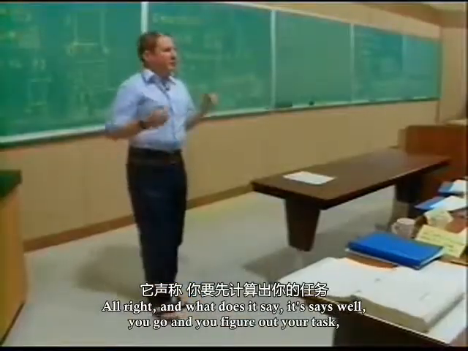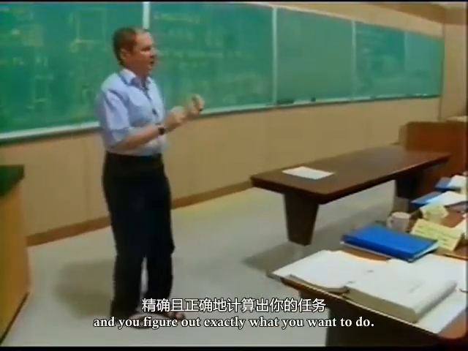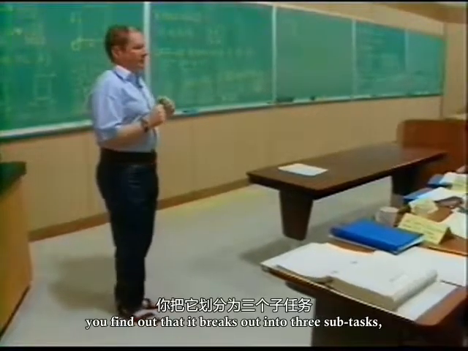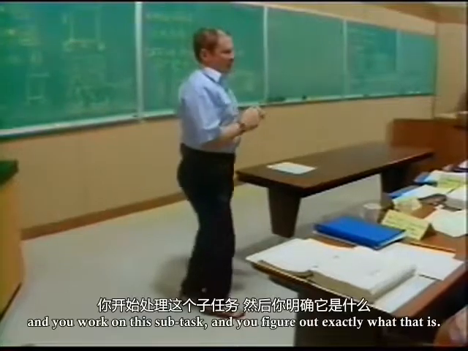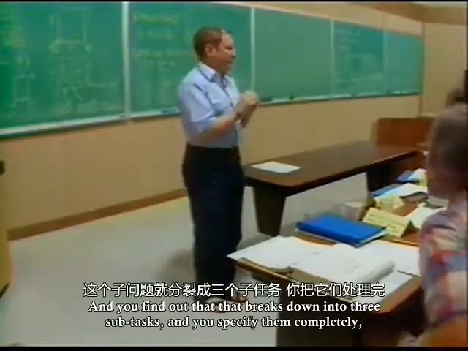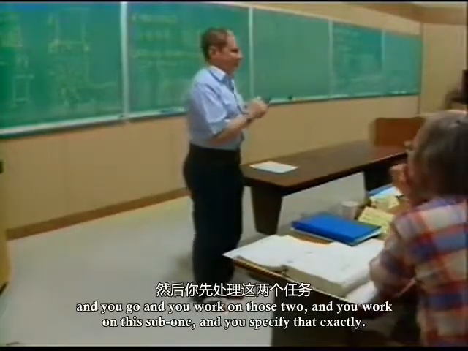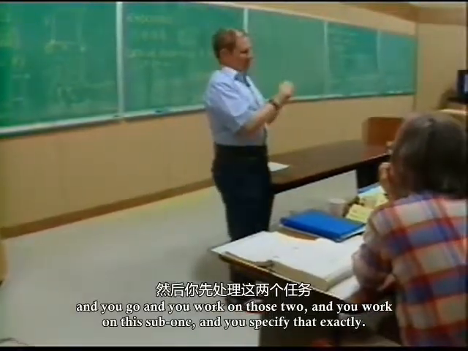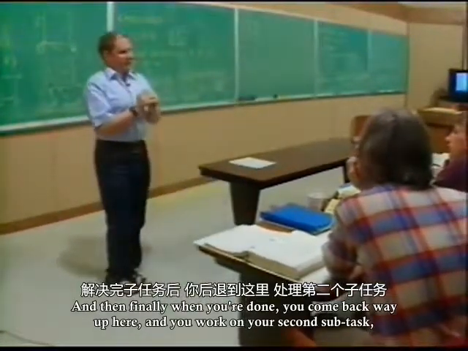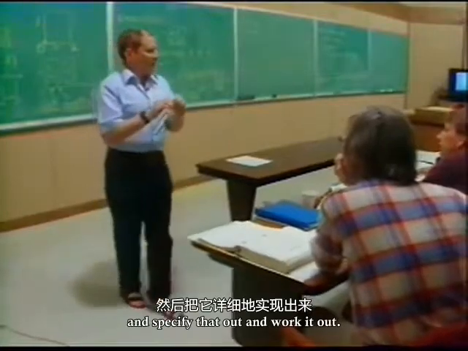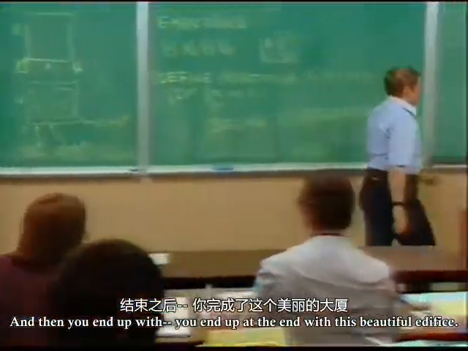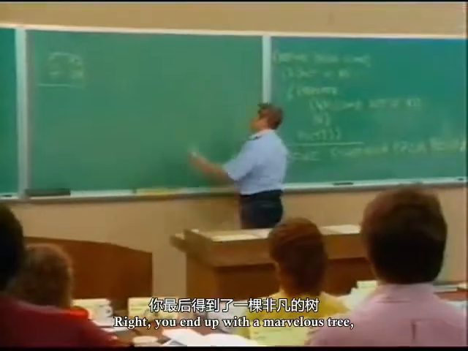And what does it say? It says, well, you go and you figure out your task and you figure out exactly what you want to do. And then once you figure that out, you find out that it breaks into 3 subtasks. So you start working on this subtask and you figure out exactly what that is, and you find out that it breaks down into 3 subtasks, and you specify them completely, and you work on those, and you work on this sub one, and you specify that exactly, and then finally when you're done, you come back way up here, and you work on your second subtask and specify that out and work it out, and then you end up at the end with this beautiful edifice, right? You end up with a marvelous tree